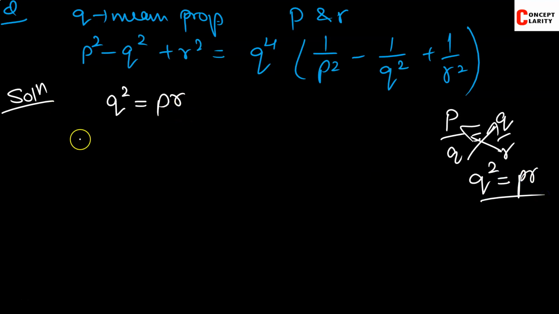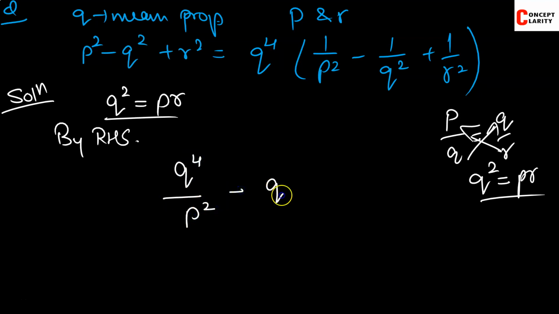After this, now we will take RHS. So we will put out here our values. What I will do, I will just put out my values that I have taken. Q square is equals to PR. First I will put the value of Q here. It will be simple, Q raised to the power 4 upon P square, upon, first I will just open the brackets, that would be better for you, and Q square to the R.